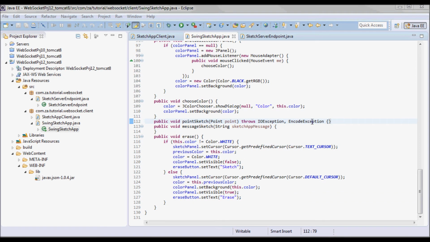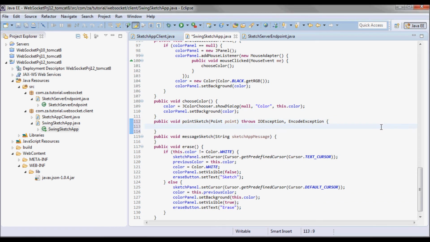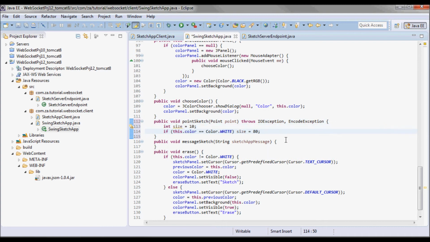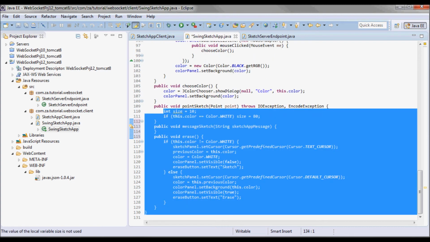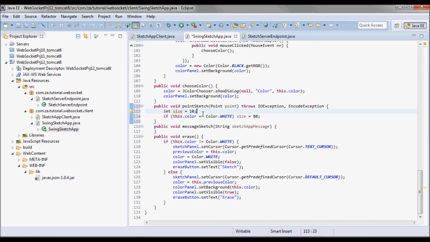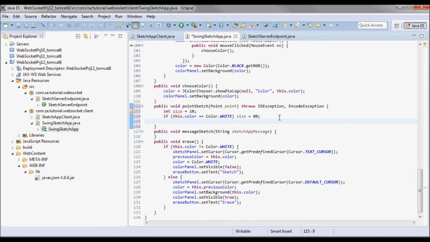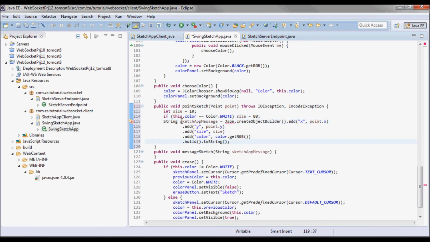Now going into pointSketch, the size for normal sketching is 10, and for erasing it's 80. And I'll pick up a sketch app message using JSON.